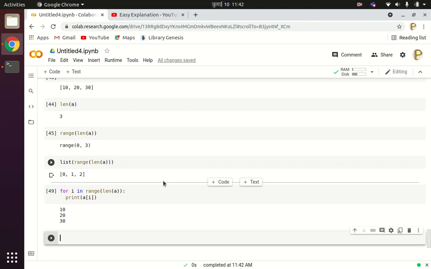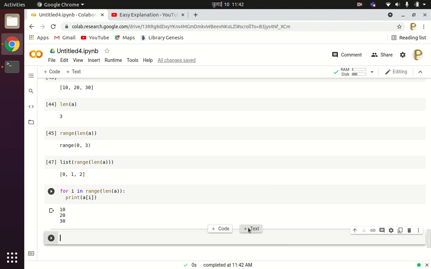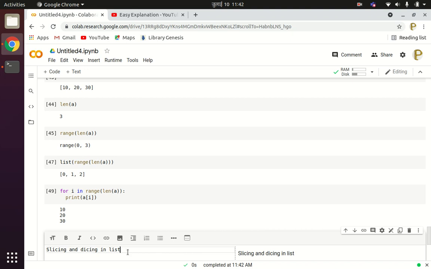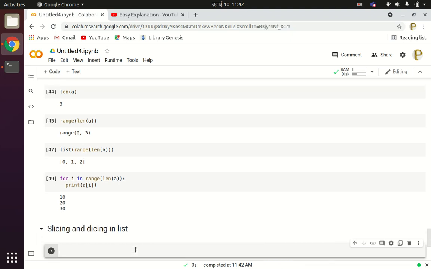Now after that, let us understand the slicing operation for the list data structure. So slicing and dicing in list. How to perform the slicing and dicing operation in the list?